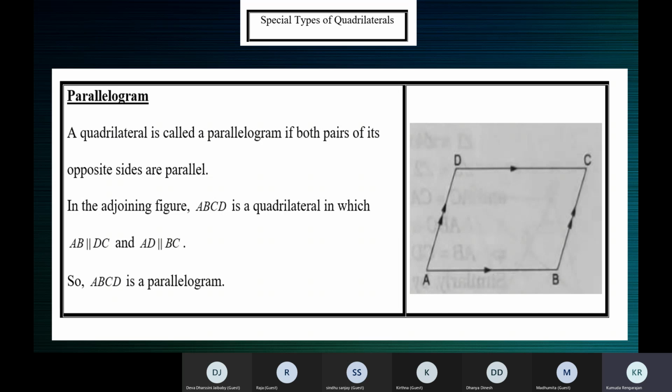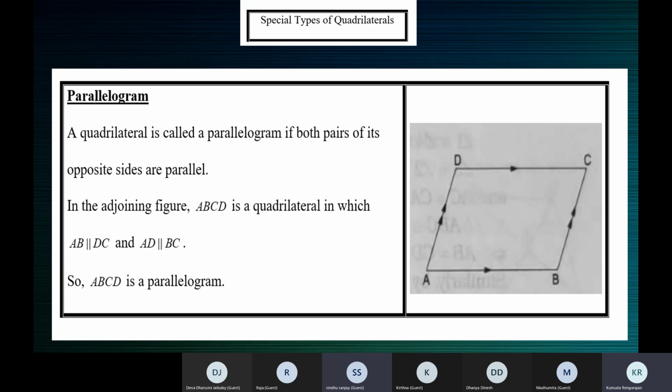So like this, we should frame the equation. x plus 8 plus x plus 8 is equal to 40. x plus x is 2x. Plus 8 and 8 is 16. So 2x plus 16 is equal to 40. What is the step after that? 2x is equal to 40 minus 16. 40 minus 16 is 24, ma'am. So 2x is equal to 24. x is equal to 24 by 2. That x is equal to 12.